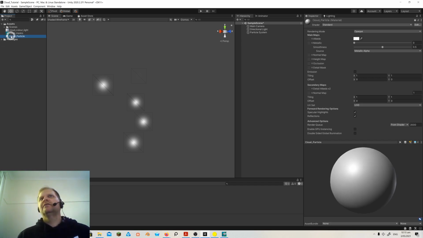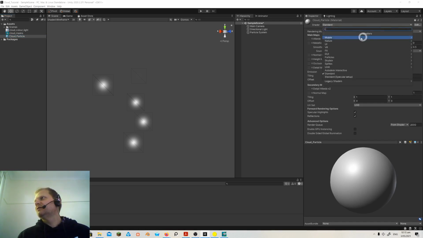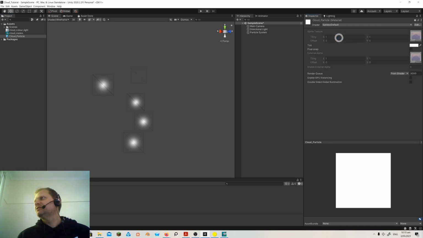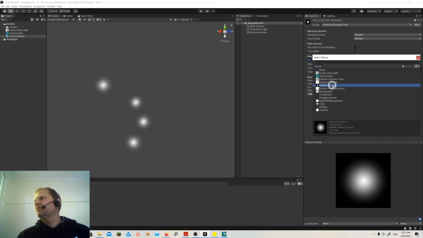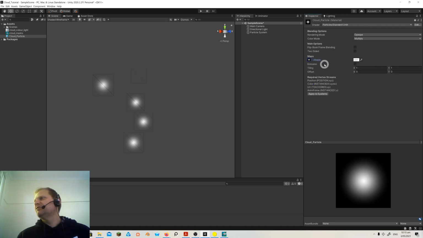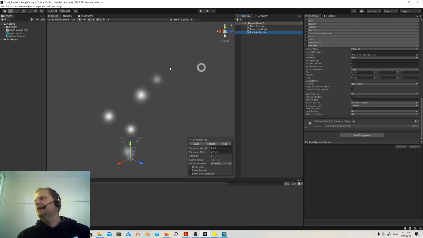What we'll do is set this from standard to, let's try sprites, default sprite. Oh, not a sprite, sorry. We want to go to particle, standard unlit. And you can see here the map, you can select this, and this is the default particle. So if I select that default particle, and go to my particle system and drag this cloud particle in, like so,